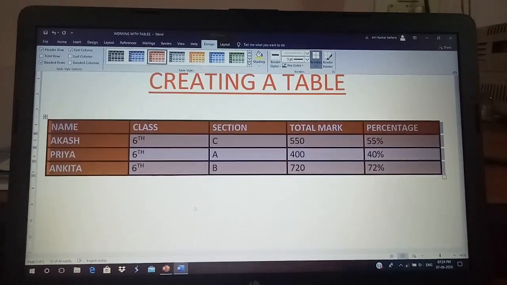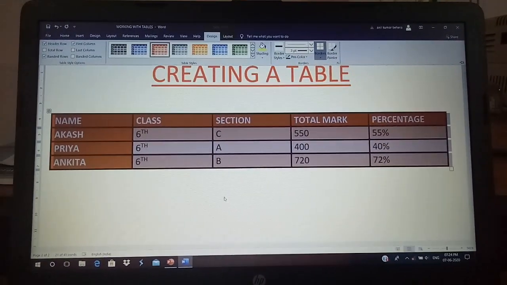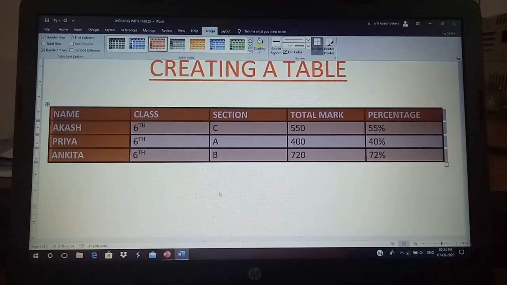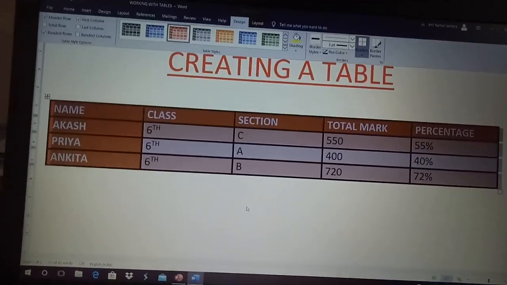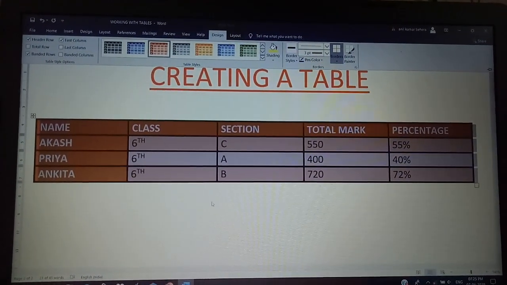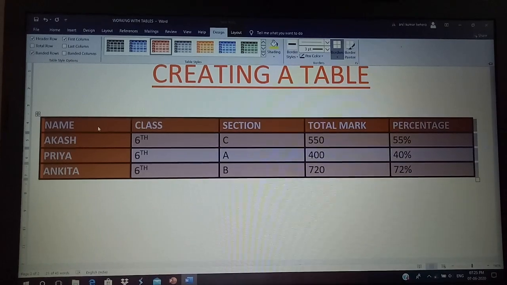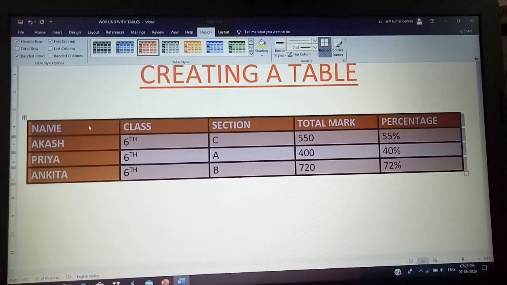Okay, the next formatting feature was how to apply shading to the table. Now the shading can be applied to the entire table or a portion of a table. That is up to you, which part of the table you want to shade.